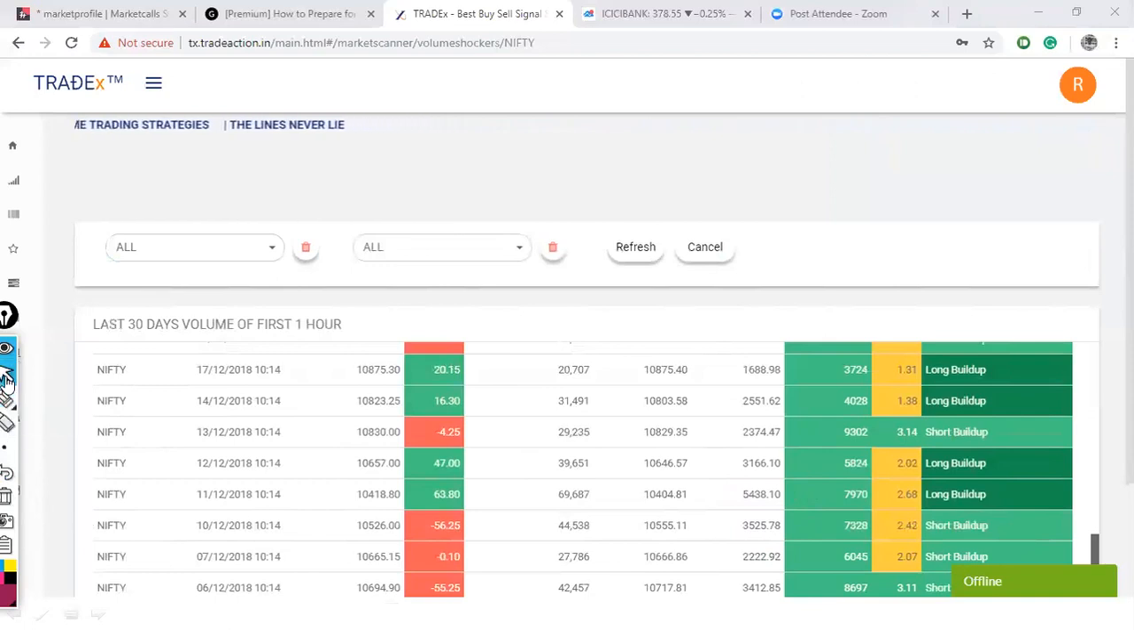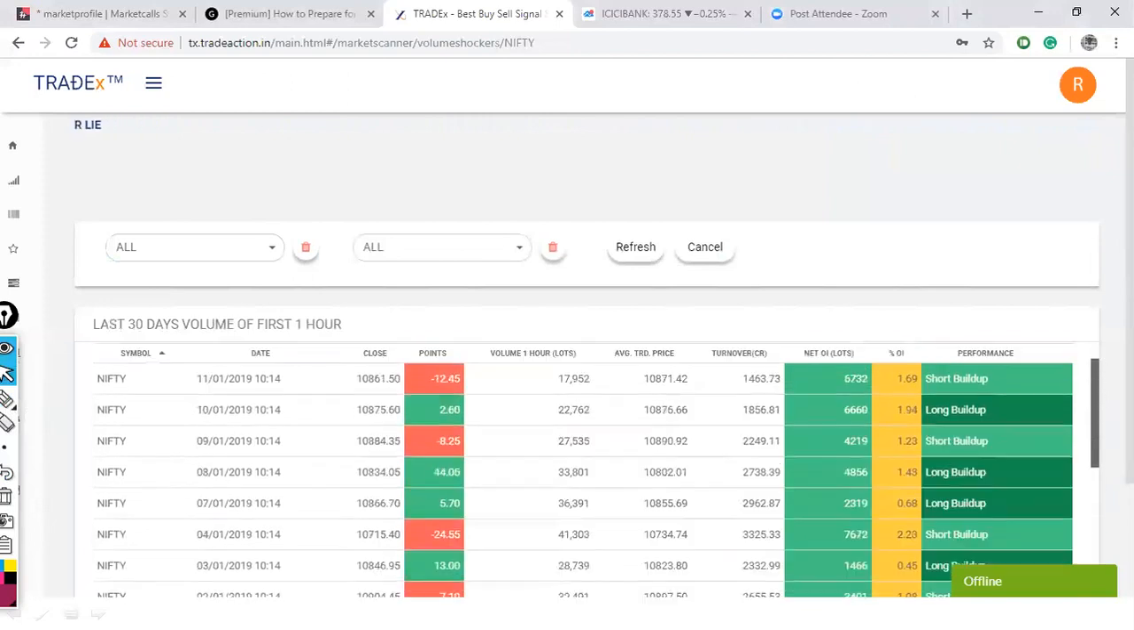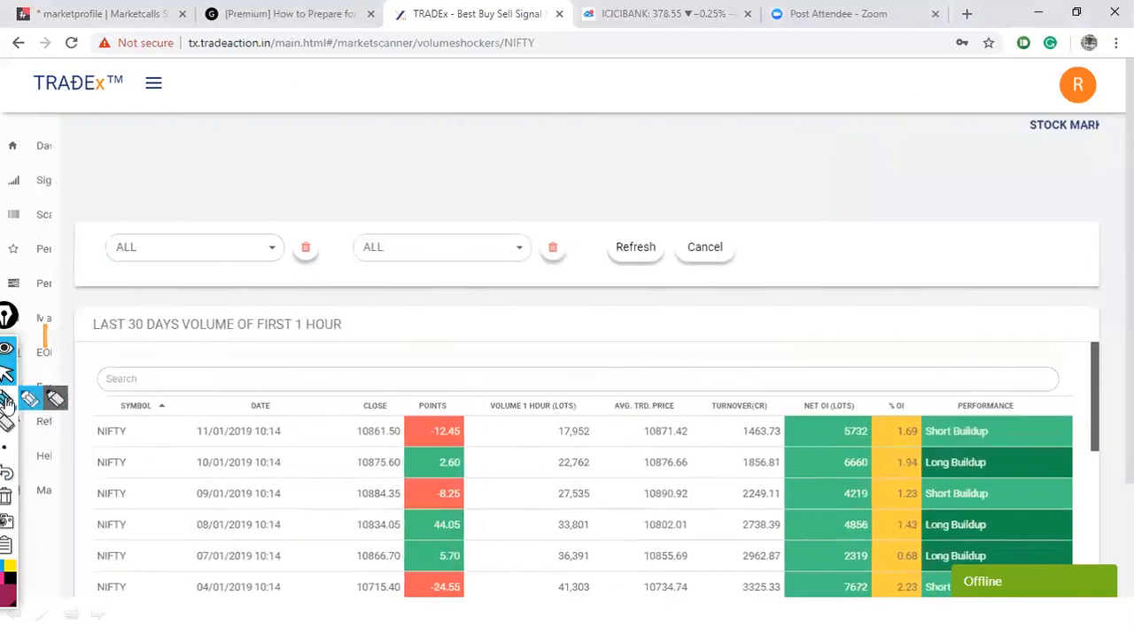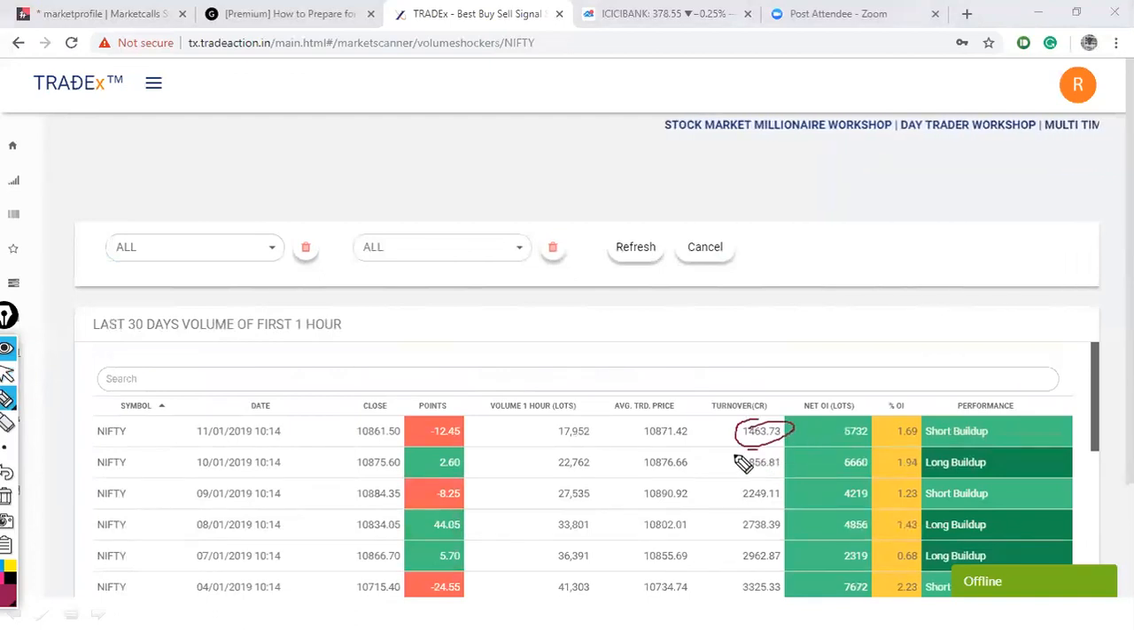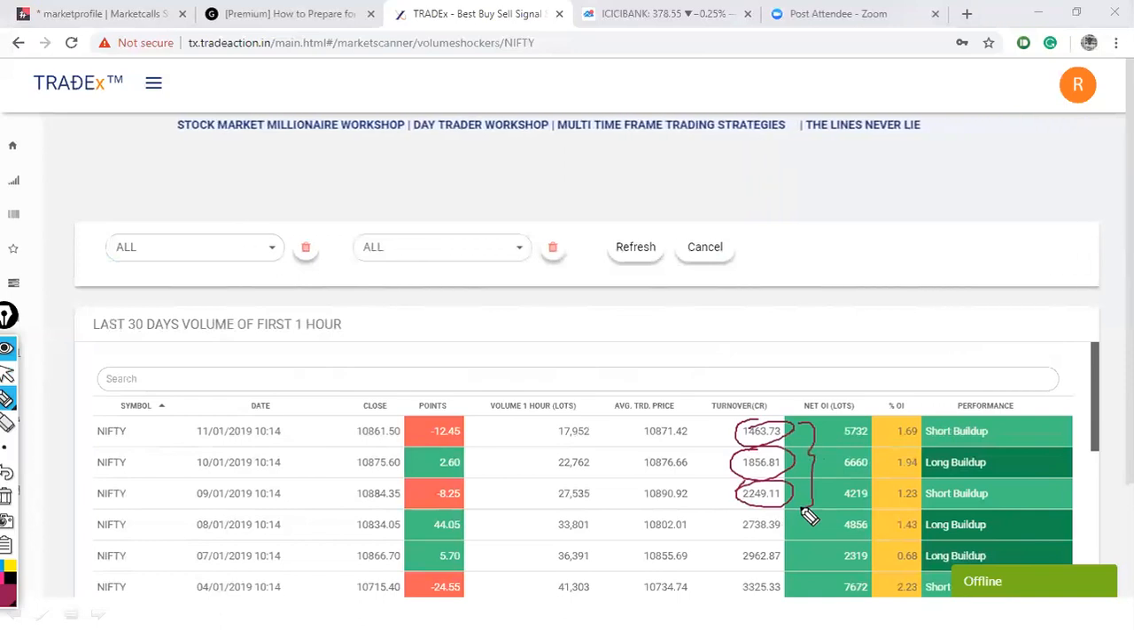And if any bigger event is happening, again, the volume increases. But if you look at the recent volume, the first 1 hour was 1,400 crore, 1,800 crore, 2,200 crore turnover. These are very low turnovers compared to the benchmark. Right. So if the turnover is also high,